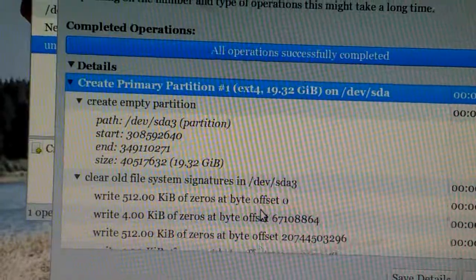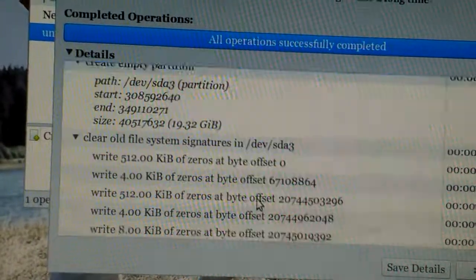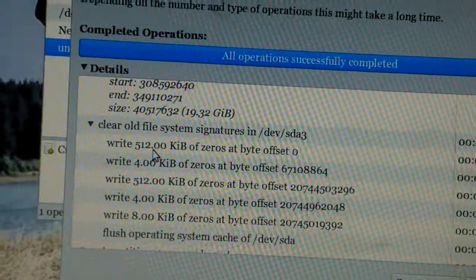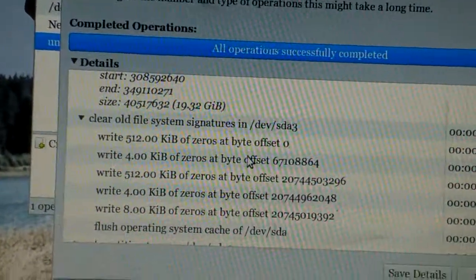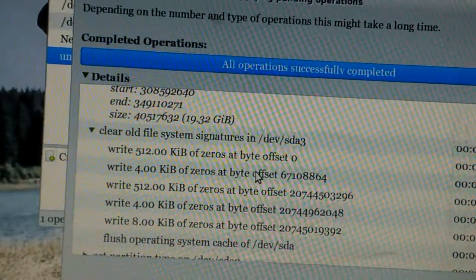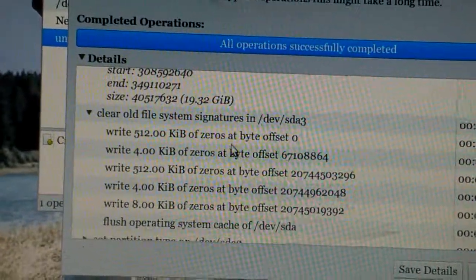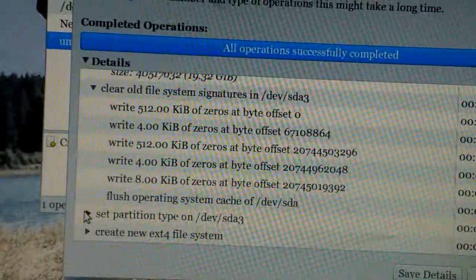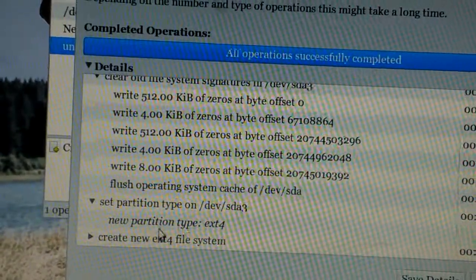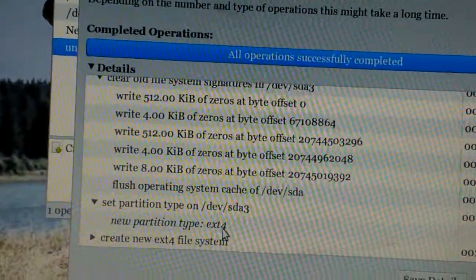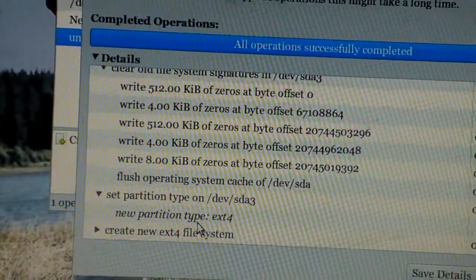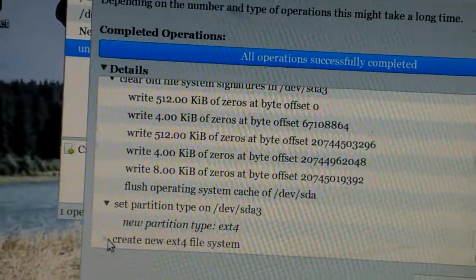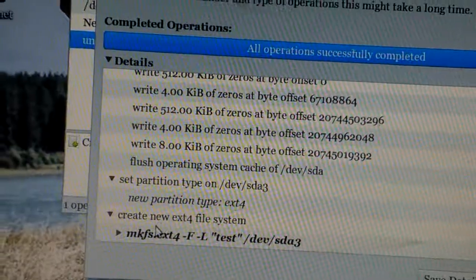Second thing it did is start to clear out all file signatures on the system. It was writing 512 kilobytes of zeros. So it looked like it was zeroing out that space or that new section on your hard drive for a new partition. Then it set the partition type with a new file system of a fourth extended journaling file system. But once it had all those criteria set, it went ahead and actually created the partition itself using a file called